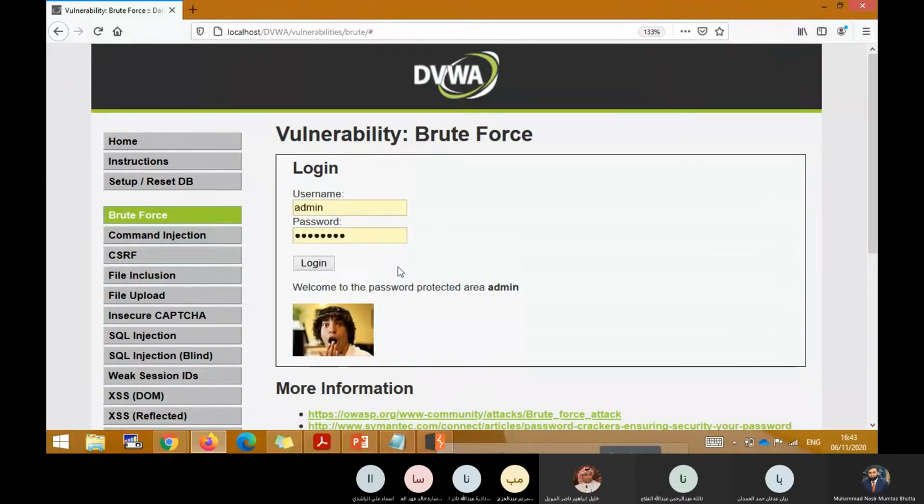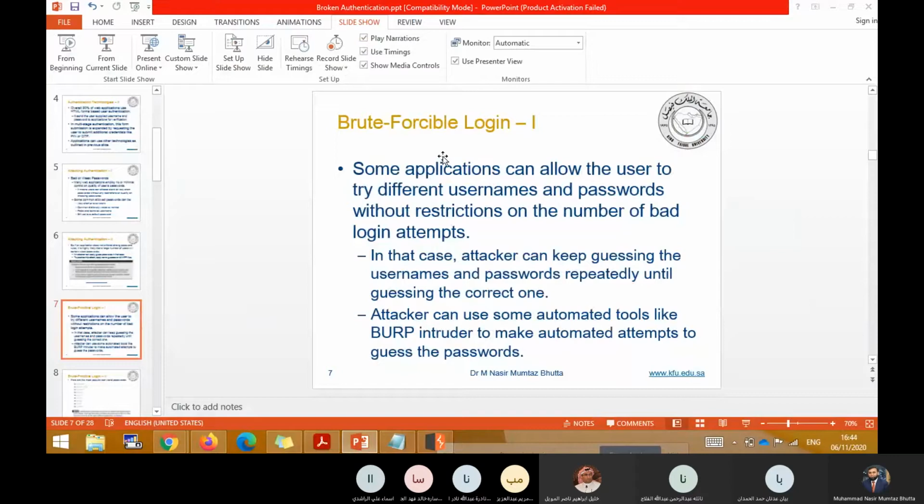Okay, so let's try to hack this username and password with the known user admin. We don't know the password, but we know the username admin. And we think that because the website is not implementing the locking mechanism correctly, if a successful password is entered, the website will allow you to log into the application. Now I tell you what we can do.